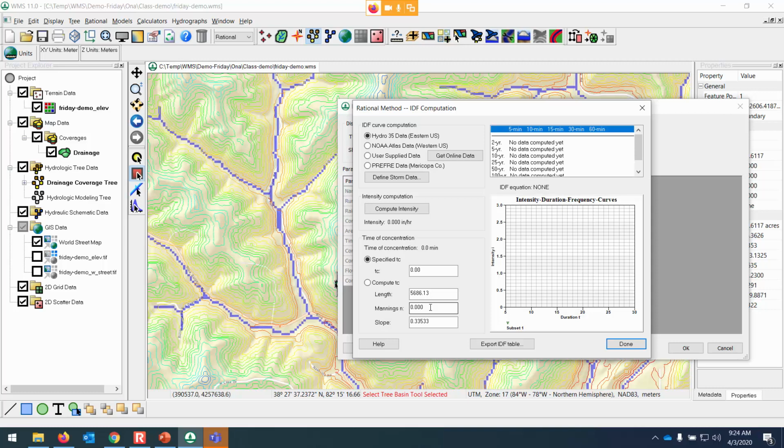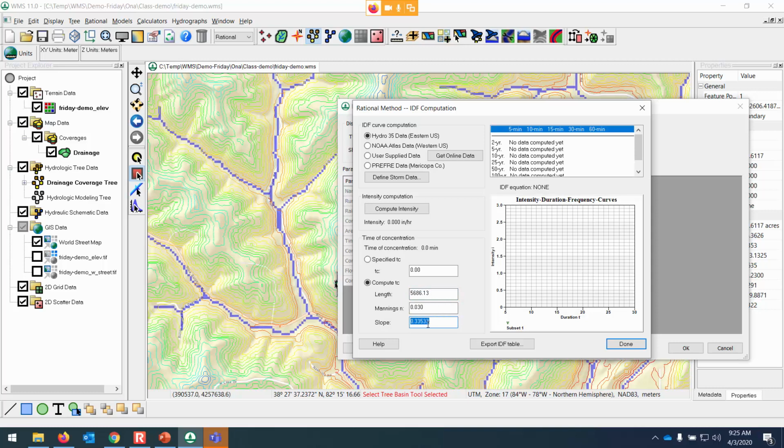So just to get a feel for our time of concentration, let's use a pretty typical Manning's n of 0.03 for the n value, and then click on Compute TC instead of the specified. So we're going to have it calculate a time of concentration if the water was flowing through a channel that had a roughness of 0.03, and then it had this length,